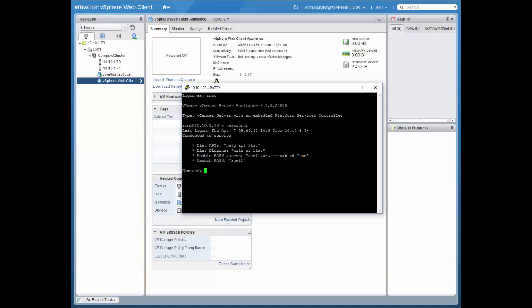Okay, so you can see the shell is ready, so we should be going straight into